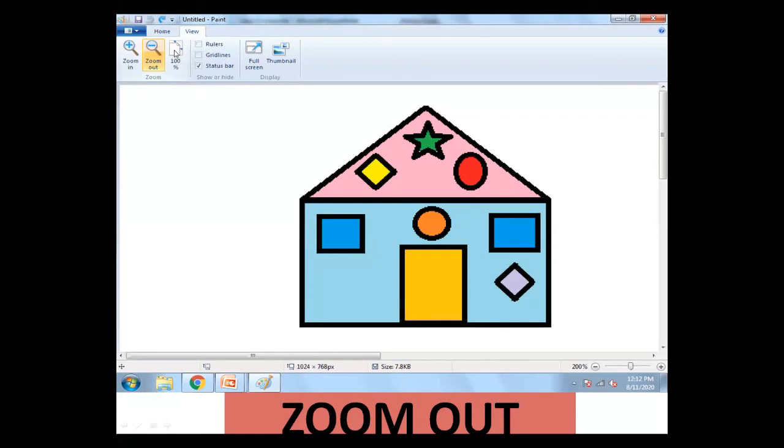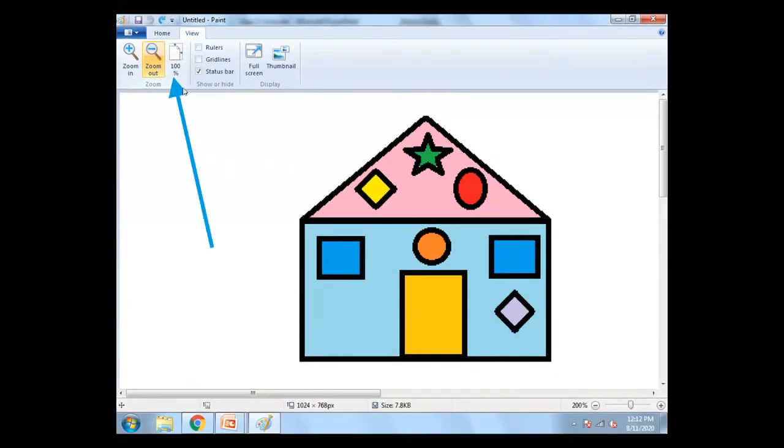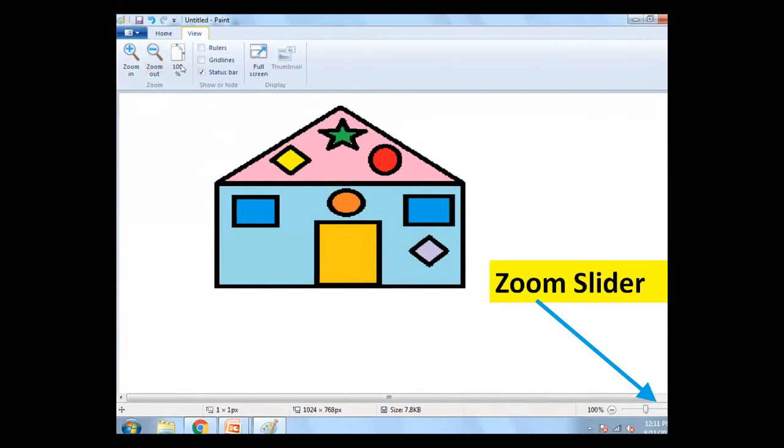When you click on the 100%, you will see the actual size of the image.